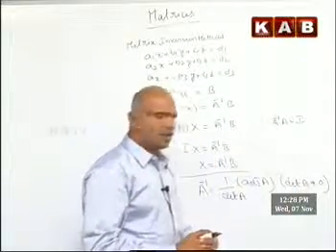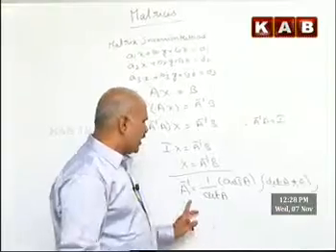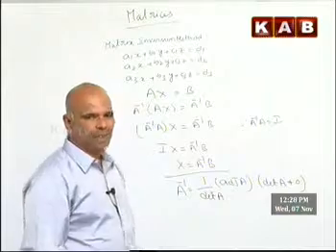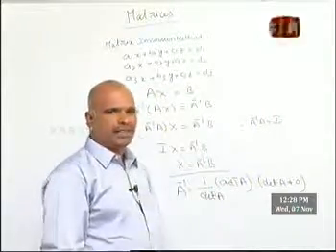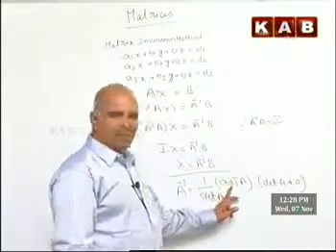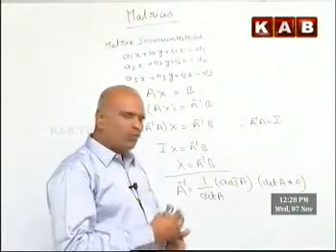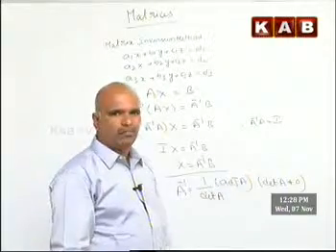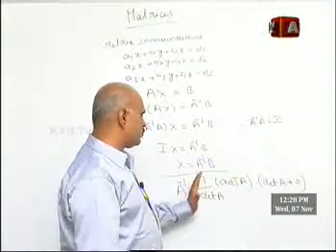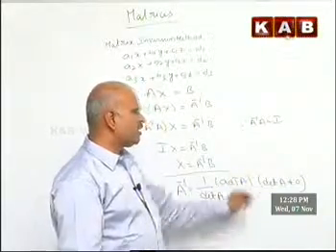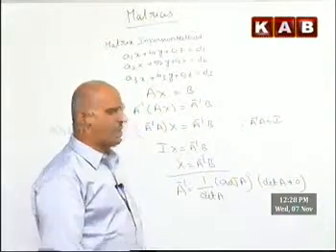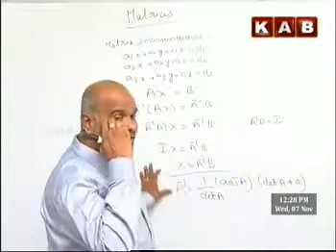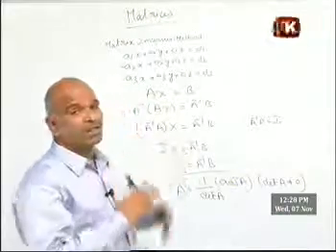If determinant of A is not equal to 0, then A inverse will be equal to 1 by determinant of A into adjoint of A. Here again two terms we discuss. Adjoint of A: what is adjoint of A? What do we call adjoint of A? That I will also discuss while doing the problem. A inverse is equal to 1 by det A into adjoint A, where determinant of A is not equal to 0. So this is the inverse matrix and this is called the matrix inversion method.